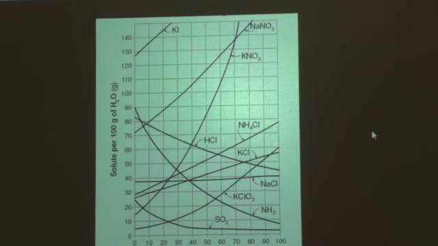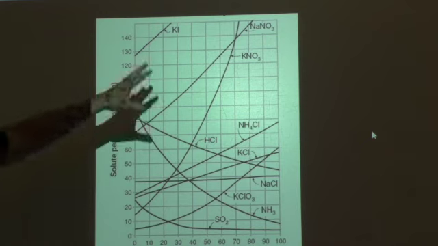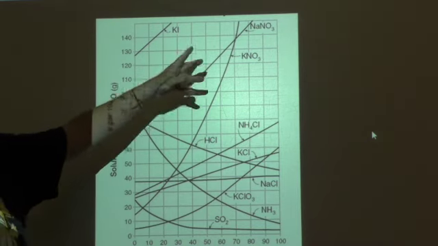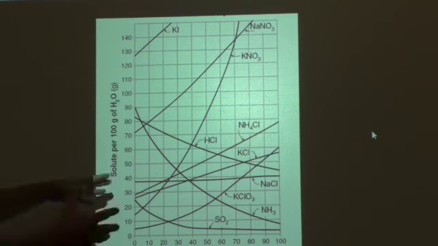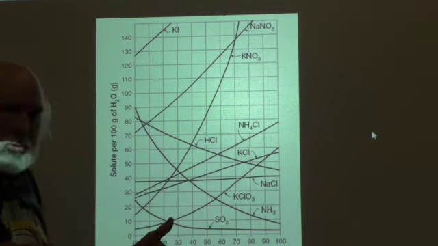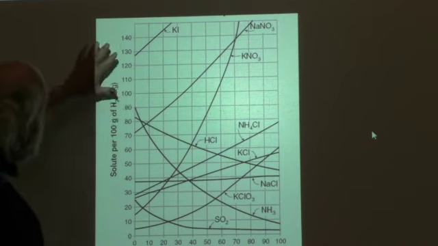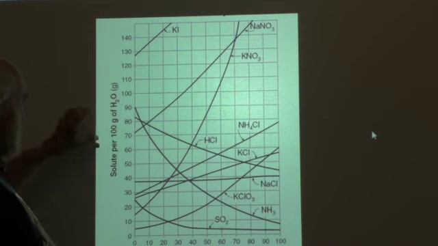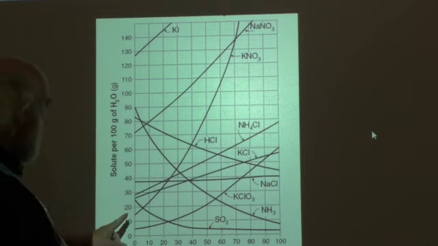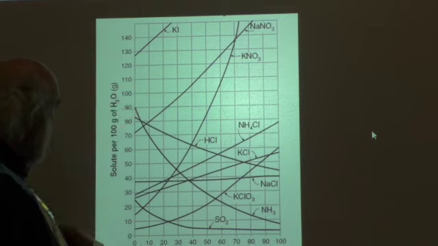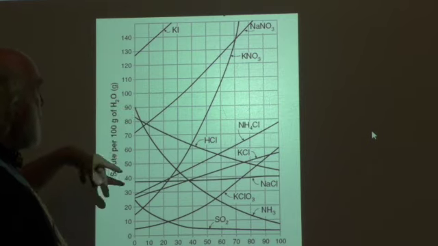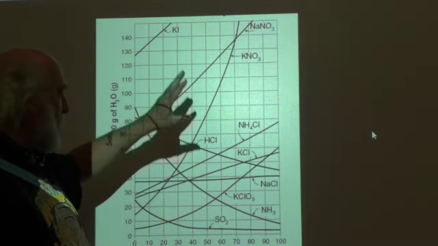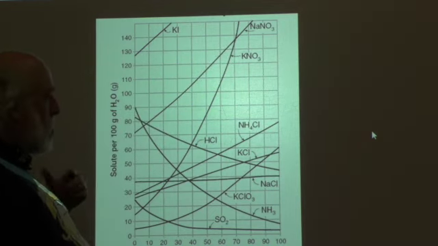So this is the chart here. You've got all kinds of lines and curves and everything going on here, but they tell you which substance is being dissolved. Now, the comparison here is the temperature at which you are going to dissolve this, and over here is the rate of dissolving, which is measured in grams of solute per 100 grams of water. And these values right here are the grams of the solute. And as you see, the ionic compounds, the compounds with the metals in them, increase in temperature for the most part. The only exception is